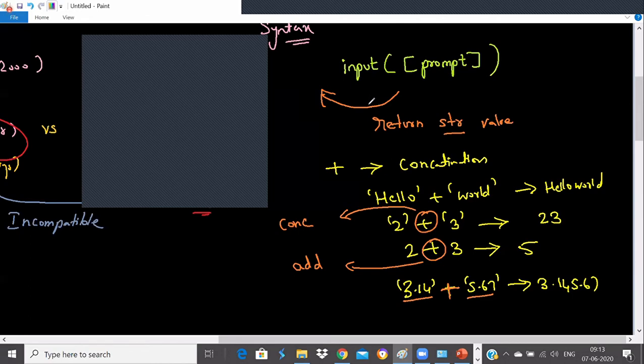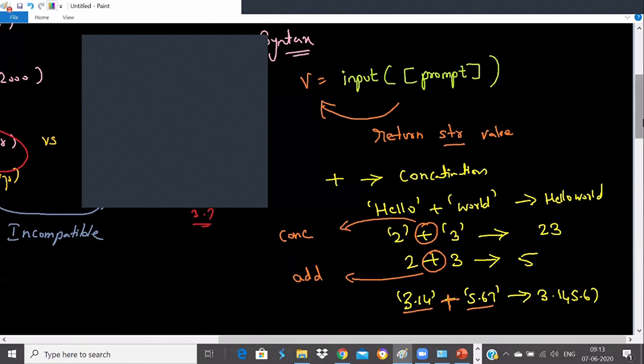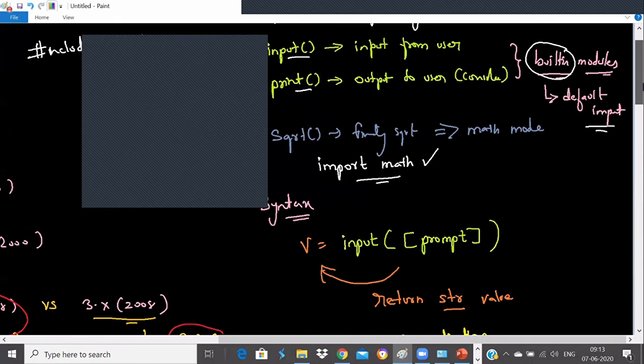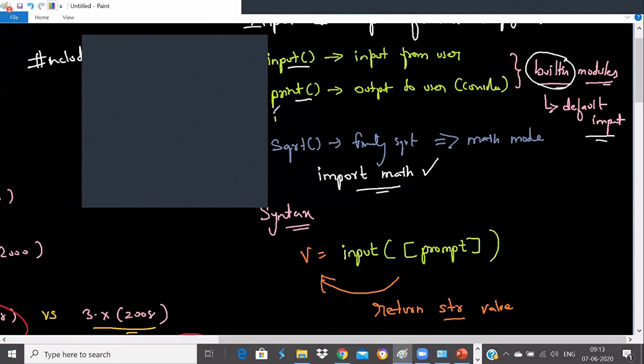Yeah, if you wanted to add now, that's a good question. If you wanted to add now, then you store it in some variable. If you wanted to add them, then Python has given you some more functions, like the int function to convert into integer, the float function to convert into float, and the eval function to convert into any type. So these are type conversion functions, also available in the built-in module. So you can convert them.